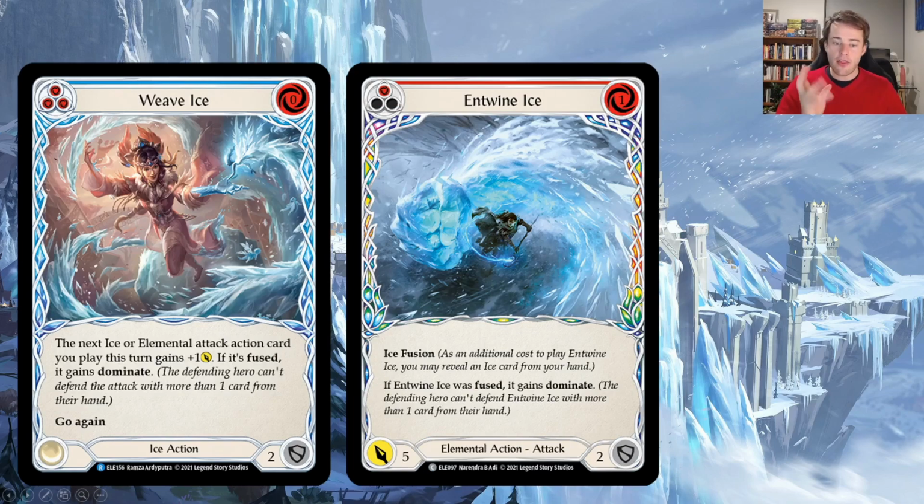Weave Ice is another of the ice cards. So again, it's a 0 cost at blue. The next ice or elemental attack action card you play this turn gains +1, and if it's fused, it gains Dominate. Now, we've seen that a lot of the fuses also grant Dominate, or some of them, so perhaps this is going to be a little bit redundant sometimes. But certainly a lot of your ice and a lot of your elemental guardian attacks aren't going to have Dominate. And if you can